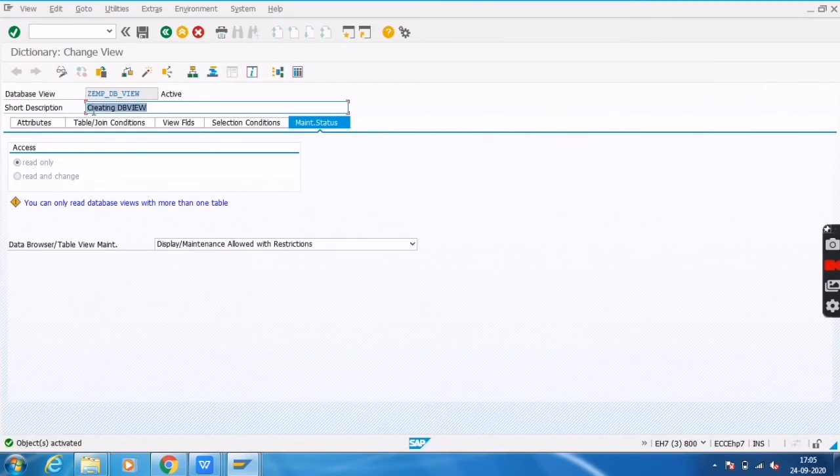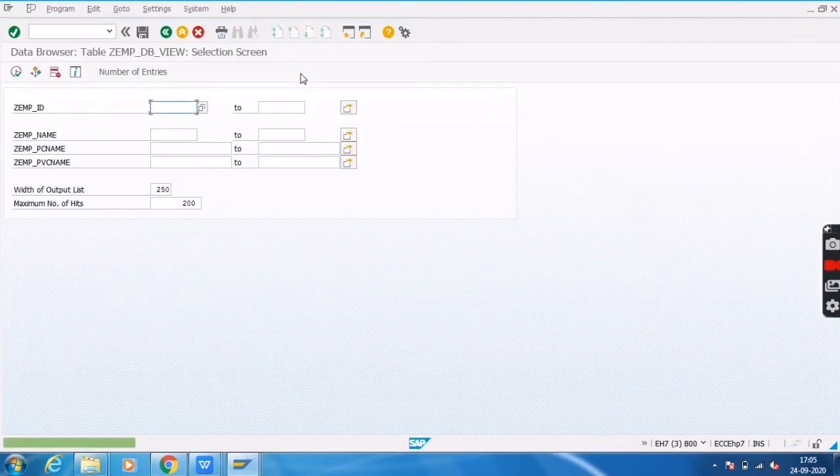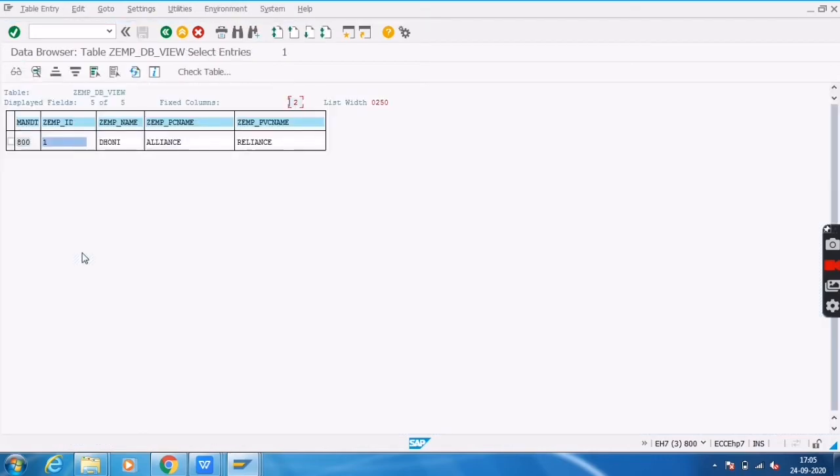To check this one, click on here. I will give ID as 1. Click on OK. See, first ID is 1, employee name is Dhoni, his previous company Alliance, present company Reliance.